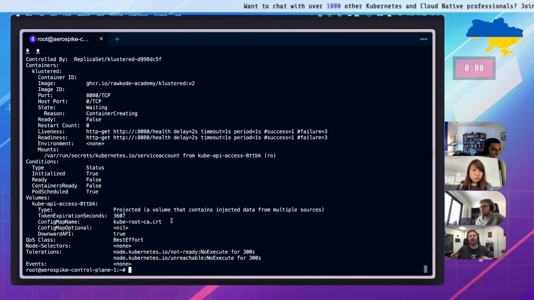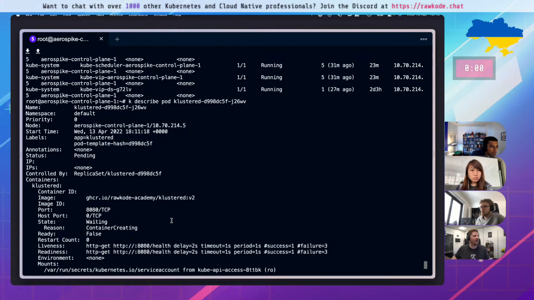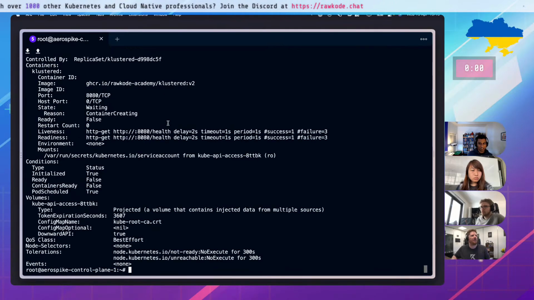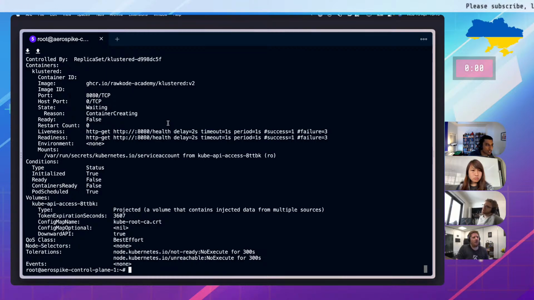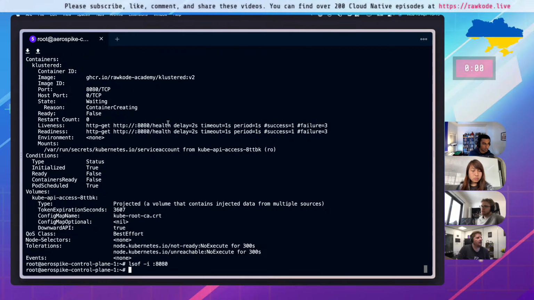So the pending can only be one of two things, right? It's the scheduler, which we've alleviated by hard coding the node name here. Well, do we need to also hard code the scheduler for Postgres? We could, but the fact that the clustered pod isn't starting tells me that it's still pending because either the port isn't available on the node. Oh, is Nginx blocking it? Is Nginx necessary for this? No, you can get rid of that. Yeah. Nothing's on 8080.